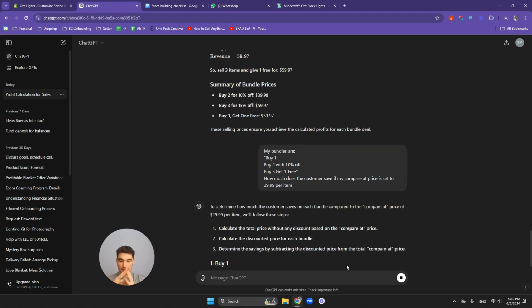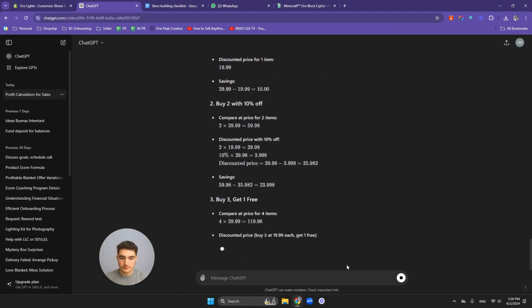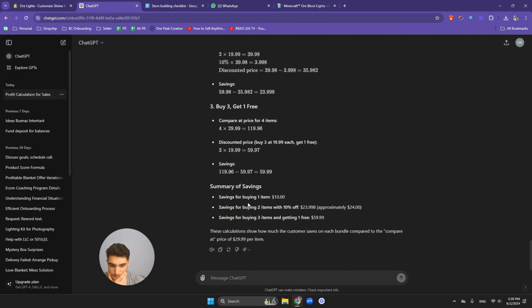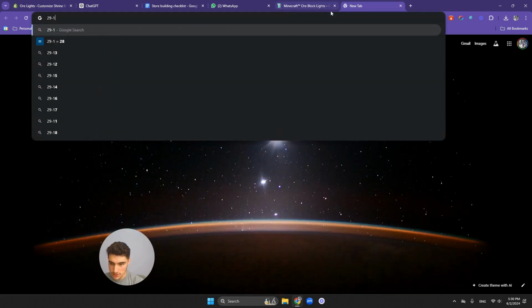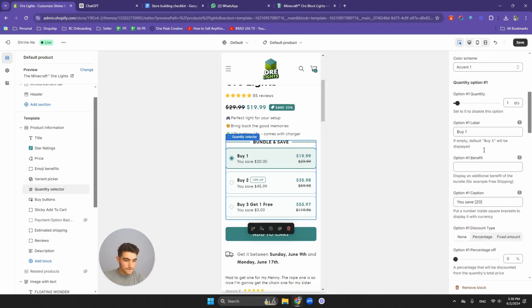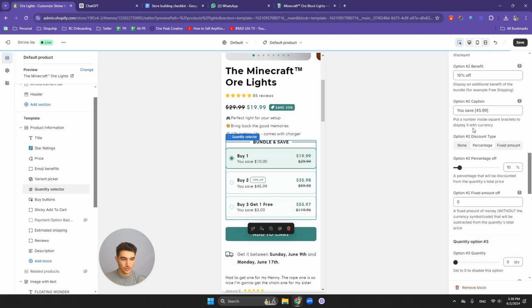Now it'll tell us exactly how much we need to set, how much the customer saves. So, summary of savings. Savings for buying 1 item, $10. So they save not 20, so 29 minus 19, 29 minus 19, that's 10, right? So I don't know why it says here 20. So you save $10. Next, if you buy two,